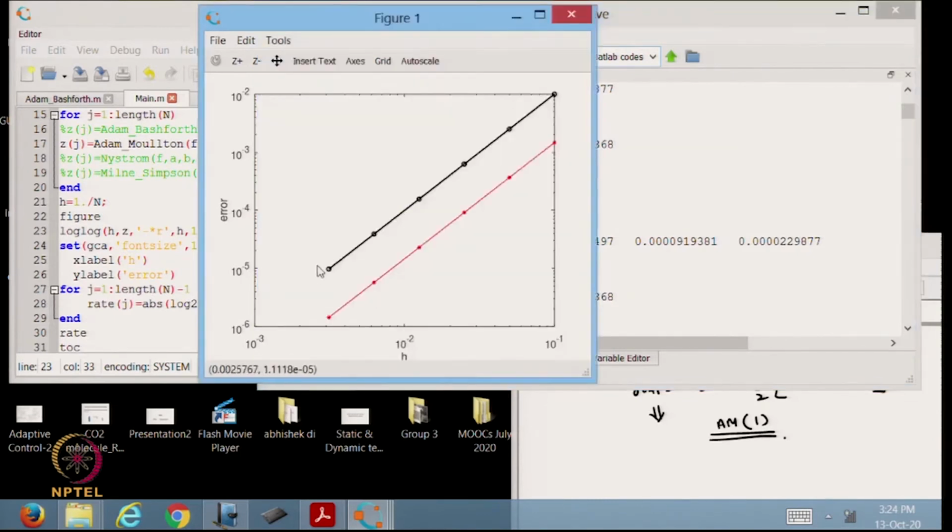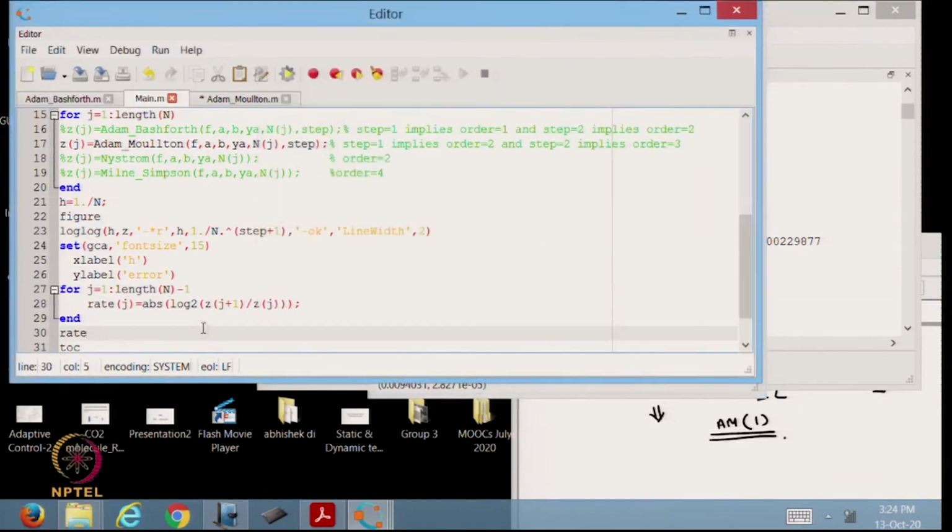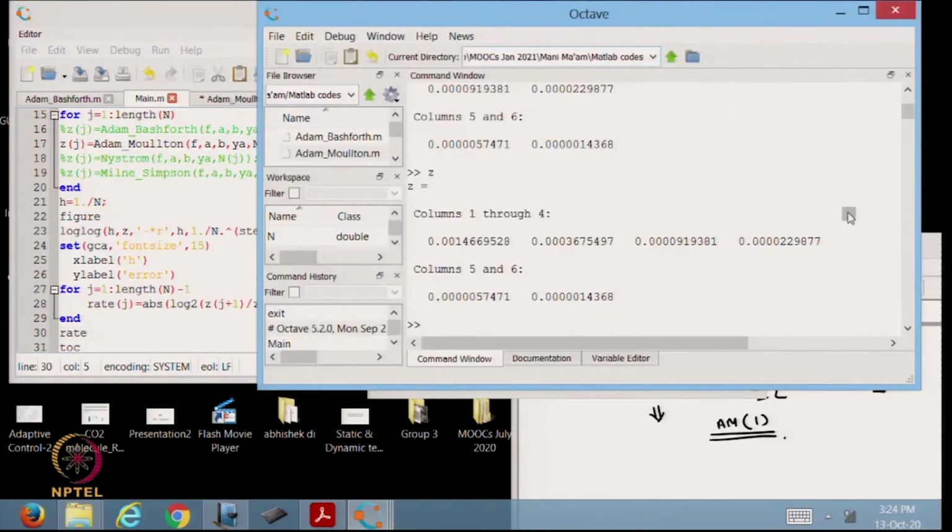So, basically in the last figure also I forgot to mention what this black line represents and what this red line represents. You can see that this is in the log plot, the red line is basically the actual error, and the black one is the order we are plotting.